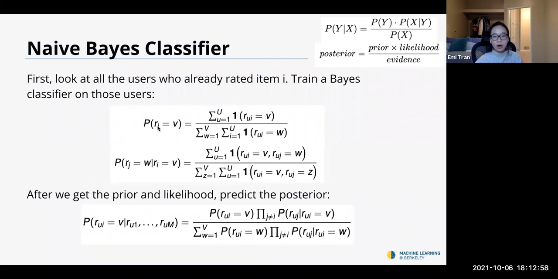For example, if my probability of Ri equals 1, look at all of the users who rated item I. If they actually rated 1, then count it in the summation. If they did not rate it as 1, then don't count it. So you're just finding the sum of all the users who rated that certain scale value. After you loop over all of the certain scale values, finding the prior and the likelihood of all those values, then we find the posterior,